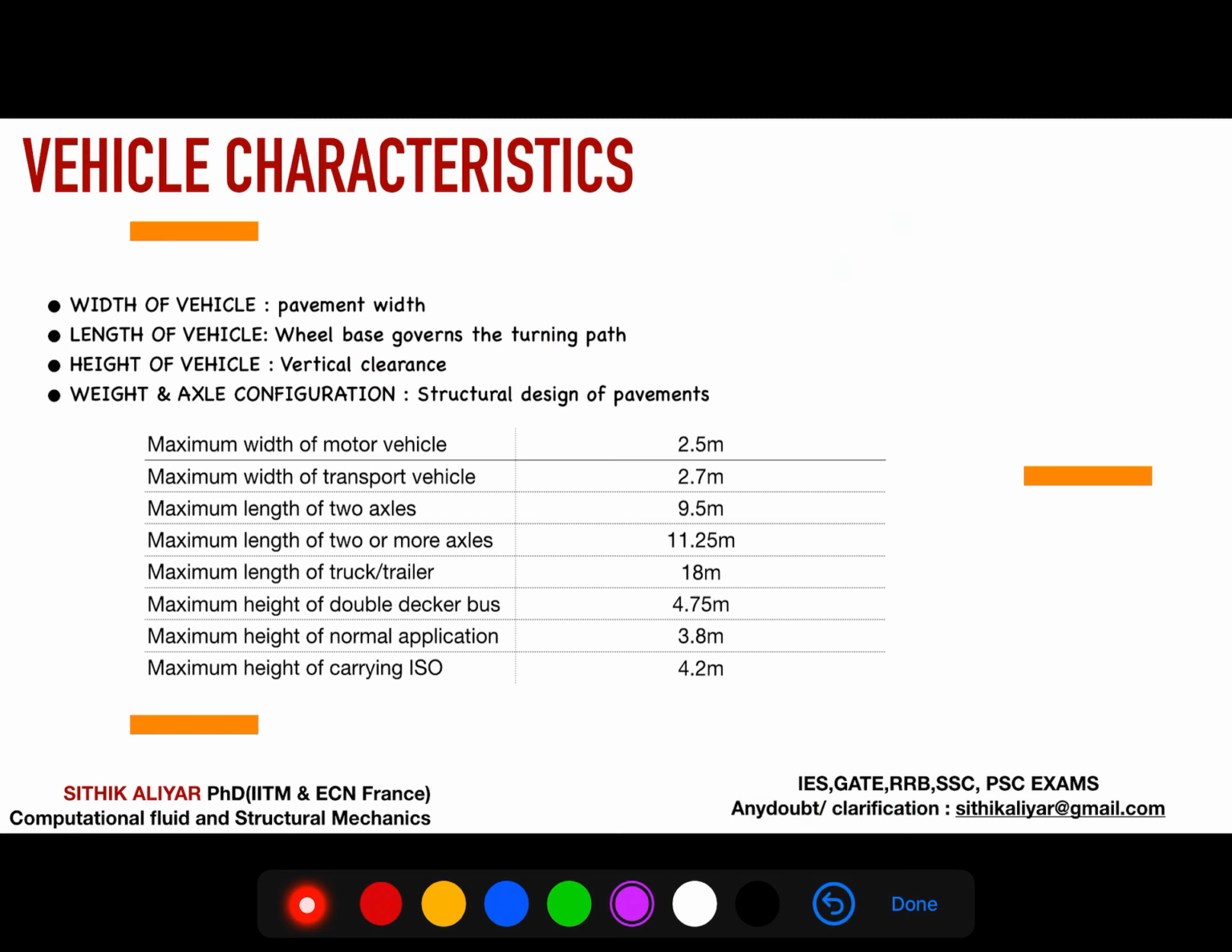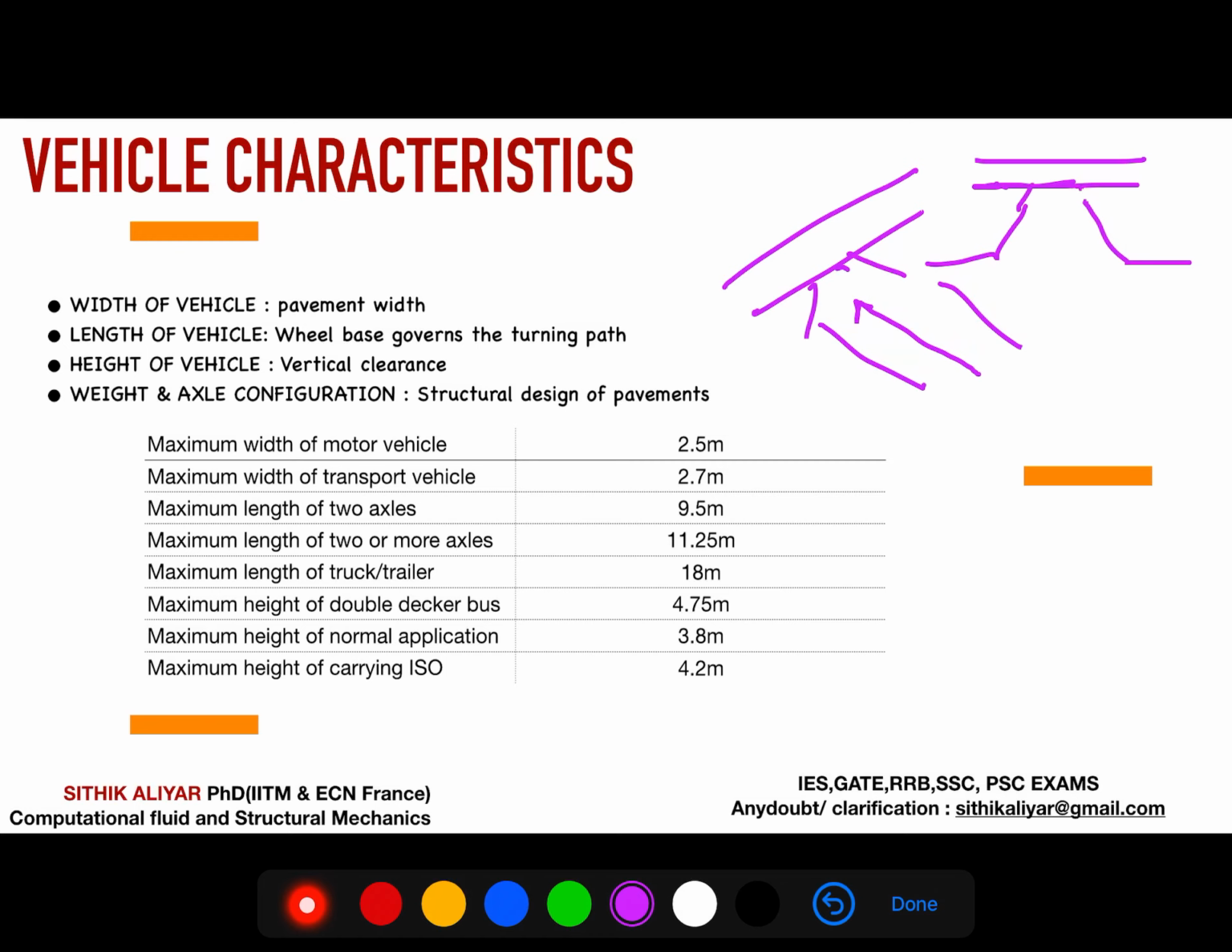Vertical clearance means there is a bridge going on, and under the bridge there is another road here. So the clearance is something like this. If you see, there is a bridge here and there is a road going below. So the clearance height, how much should be the height of the bridge from the ground level, is decided based on the height of the vehicle. Okay. Also the weight, and as I told you, the weight of the vehicle is for the design